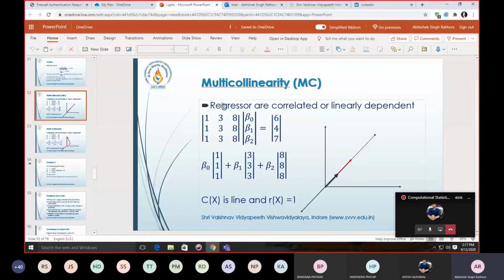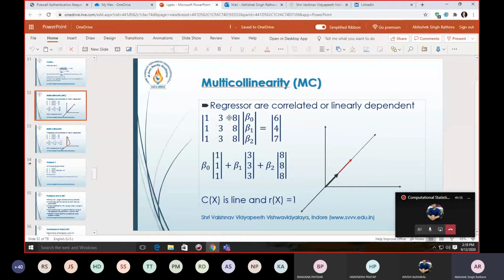It means that you are having some regressor variables, this axis or this input, or we can say this observation, and these observations are usually independent of each other. Let's say this is my x0 and this is my x1, this is my x2, and this is my x3.